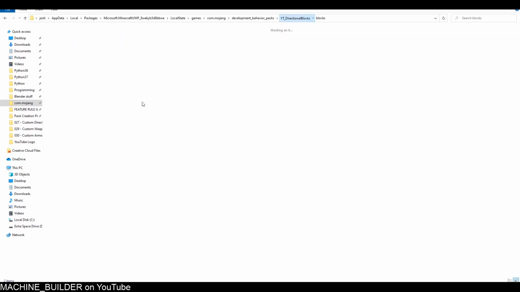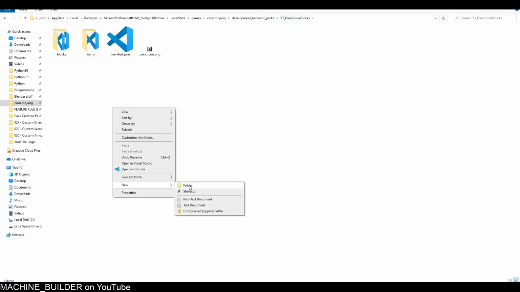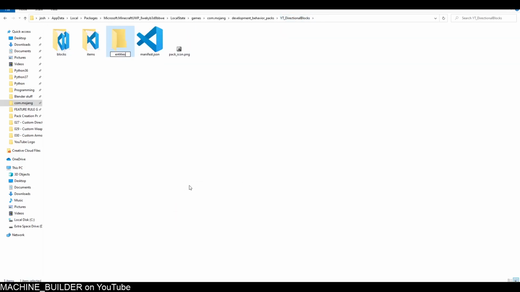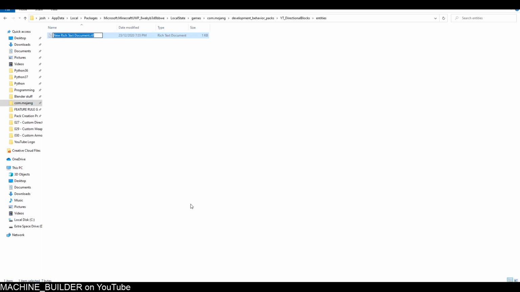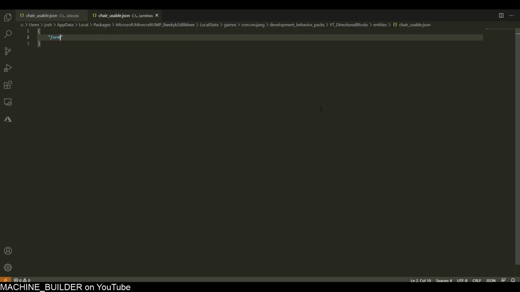So now back in the behavior pack, just new folder, entities. If you don't already have one, you need to make this new. And then I'm going to make a new file, not a rich text document, but I'm going to call it chair usable.json. And in here, I'm going to have a format version set to 1.16.0,